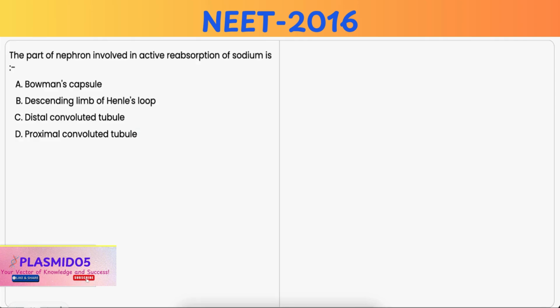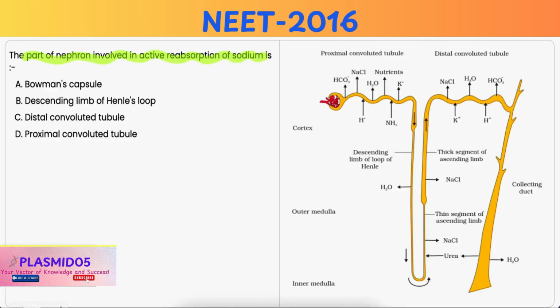In this question, you have to point out the part of the nephron that is involved in active reabsorption of sodium. Option A, Bowman's capsule. It is incorrect because Bowman's capsule is involved in the filtration of blood from the glomerular filtrate. Option B, descending limb of loop of Henle. This is also incorrect because the descending limb of Henle's loop is mainly involved in the passive reabsorption of water